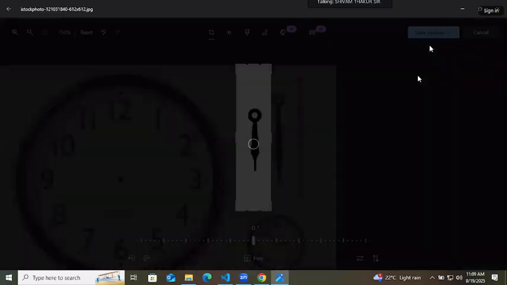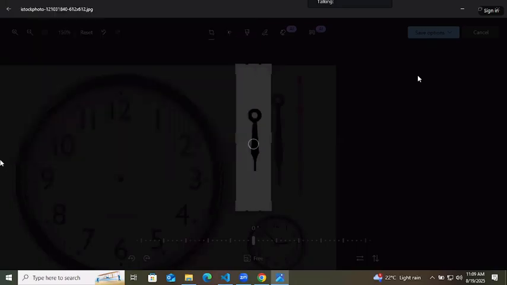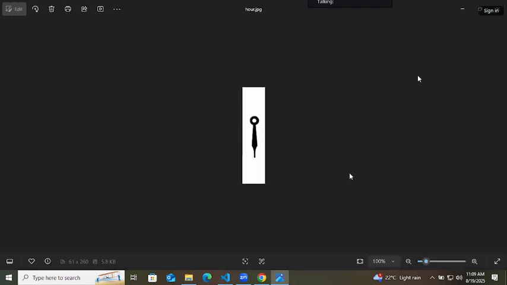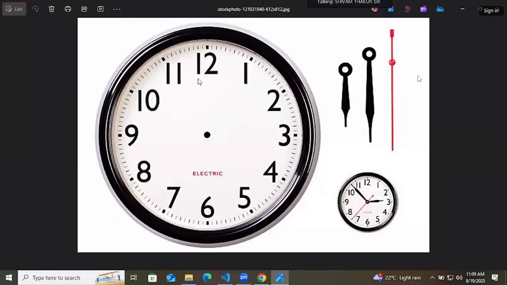This is the hour hand like this. Same way we will also edit the minute and second hand.